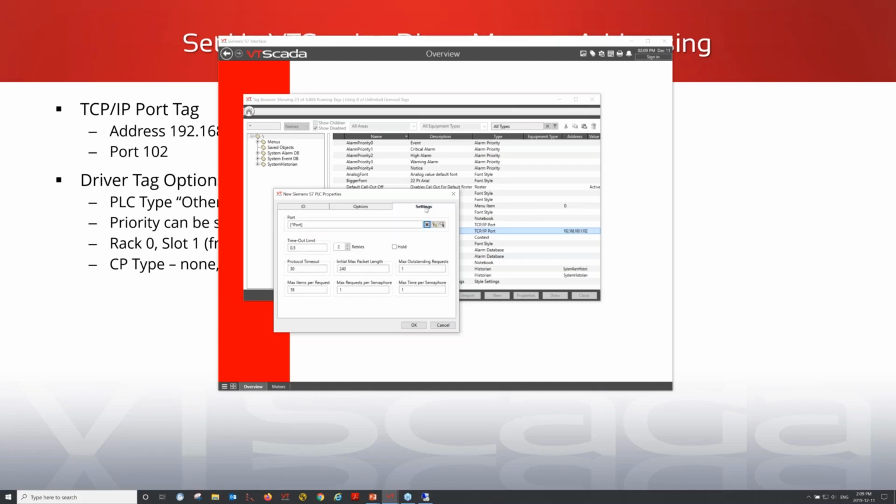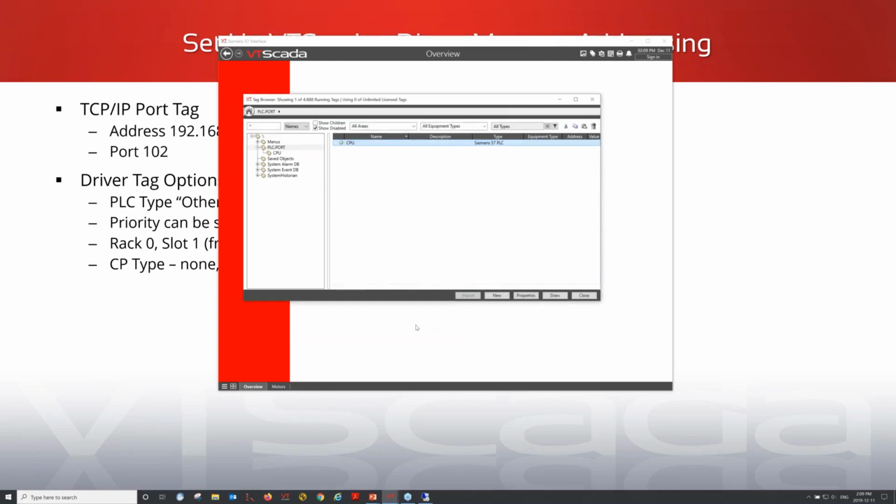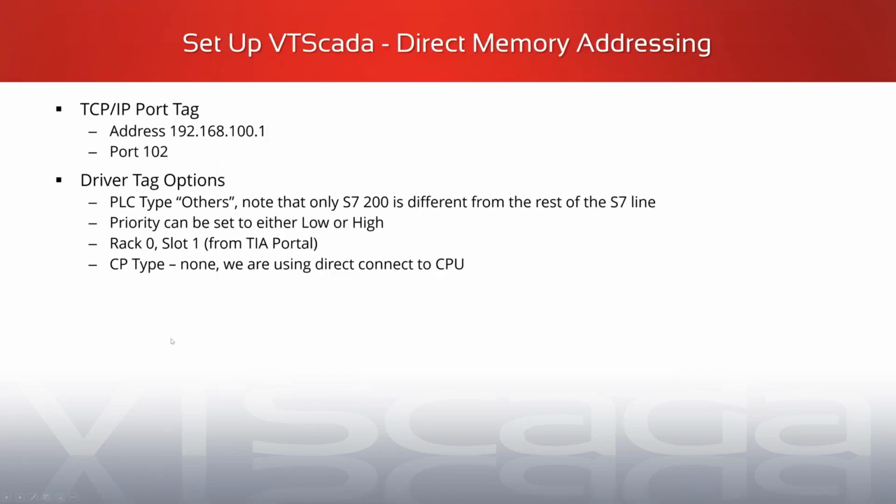There are some additional settings over here which really get into the weeds of the details. But for now, we're not going to bother with those. We're just going to go with all the default settings for the PLC. Simply say OK to that. So we now have a port tag and a driver tag. Next step after that,